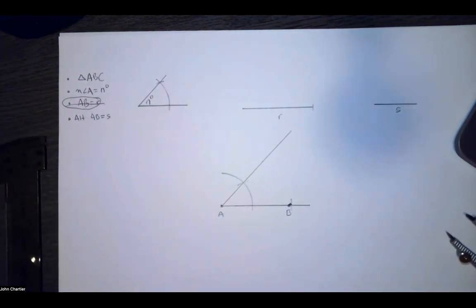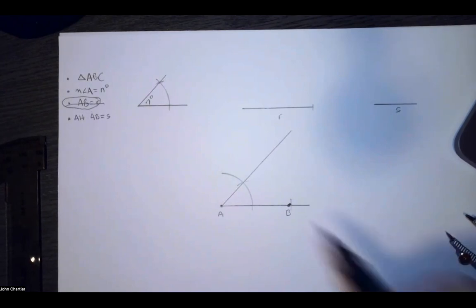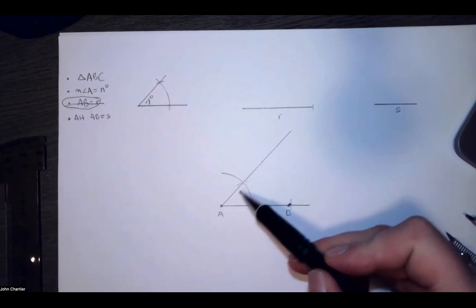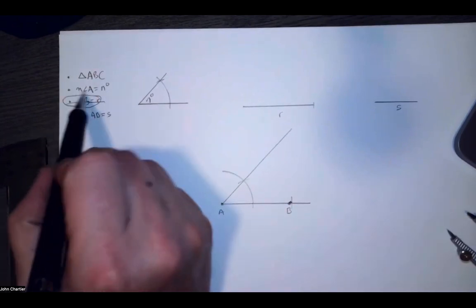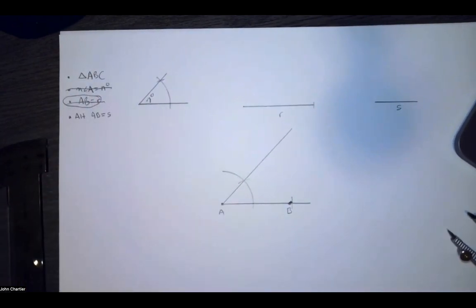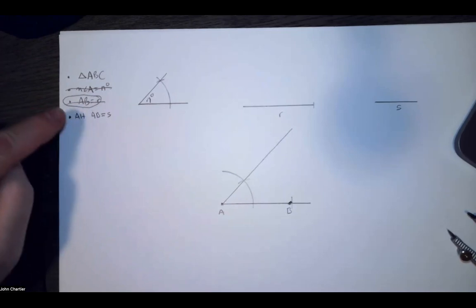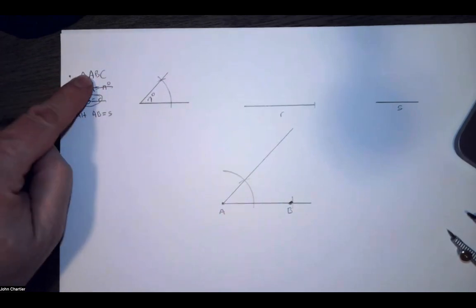So there's my second, well, I don't really know. I mean, it is going to eventually be the second side of the triangle. I just don't know how long it's going to be. All right, so we just made that one right there, 2 down, 2 to go. As always, it turns out that the last part is there's 2 left, but as soon as we get the third side, then we'll have triangle ABC.